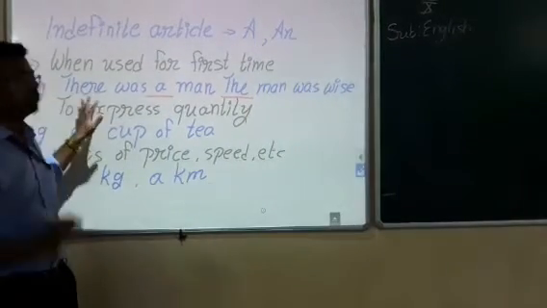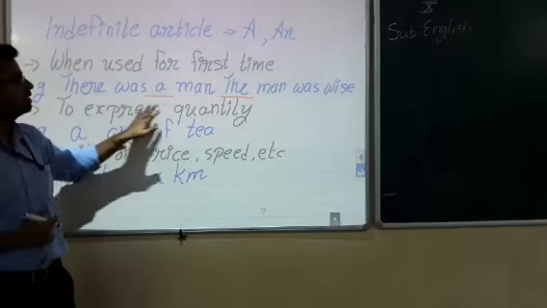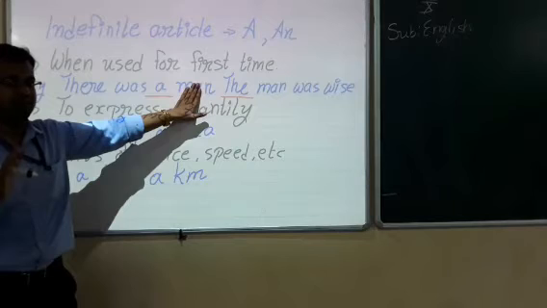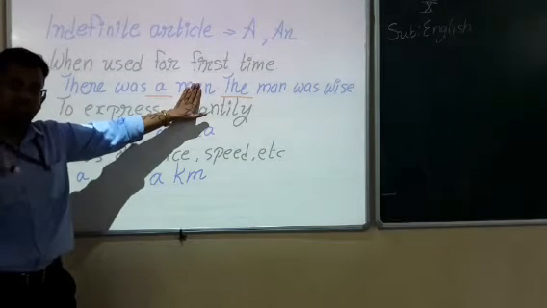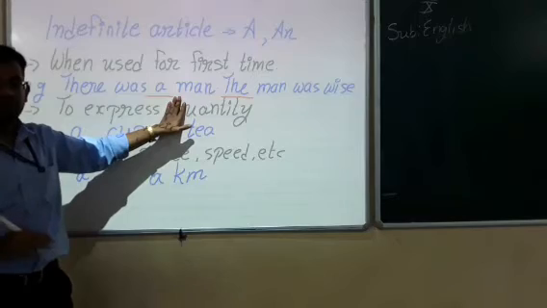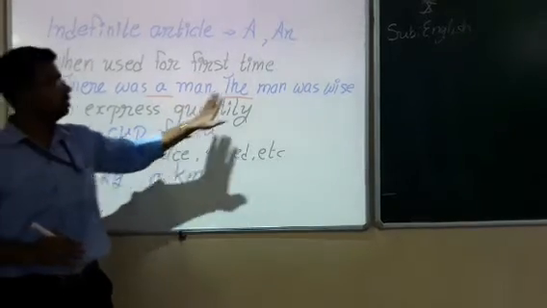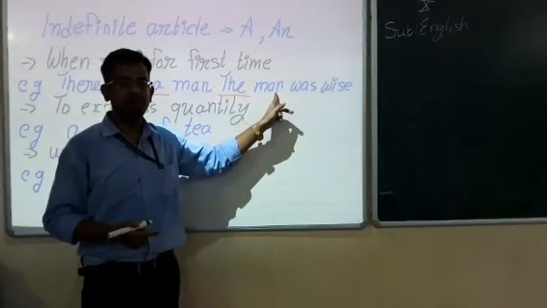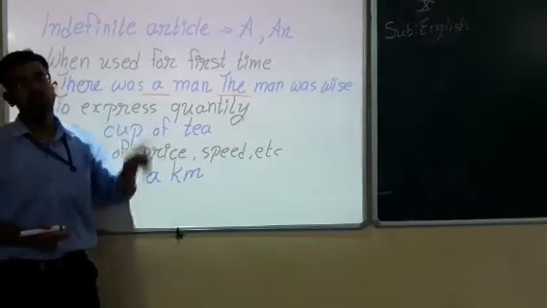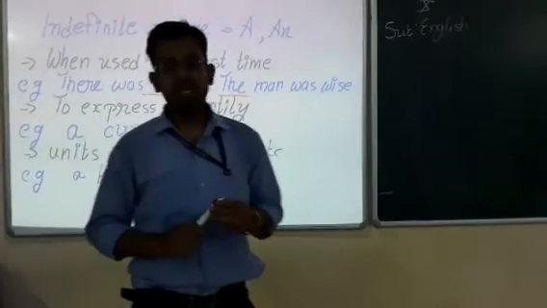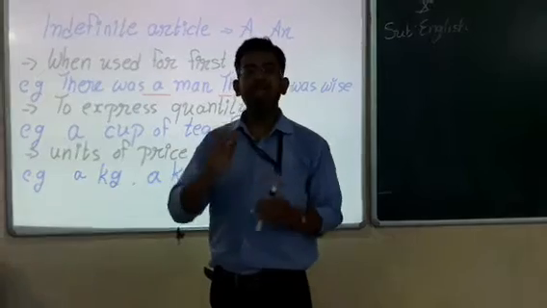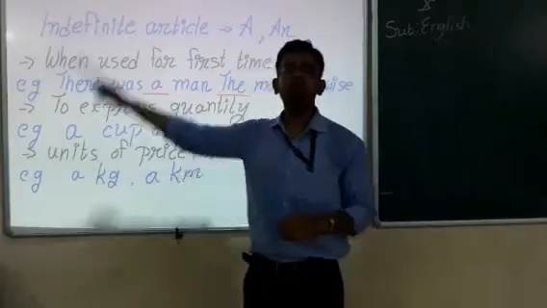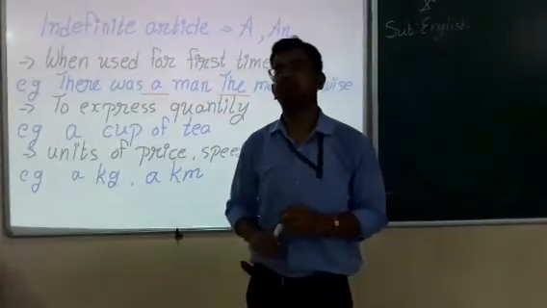It is because, try to understand, in the first sentence when we were talking about a man, there was a man, the man is not definite, he is not particular but general. But when we are talking about the same man the second time, here man is definite. Which man? This man. So students, always remember that when in a paragraph a noun comes for the first time, we have to use a or an.